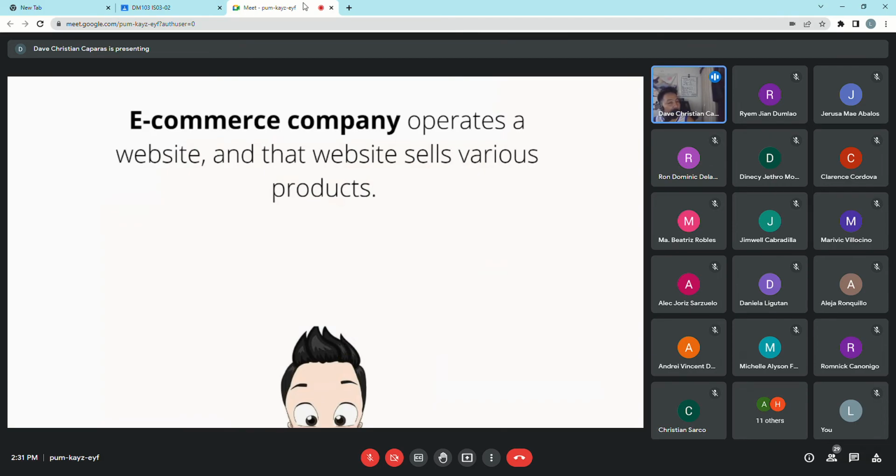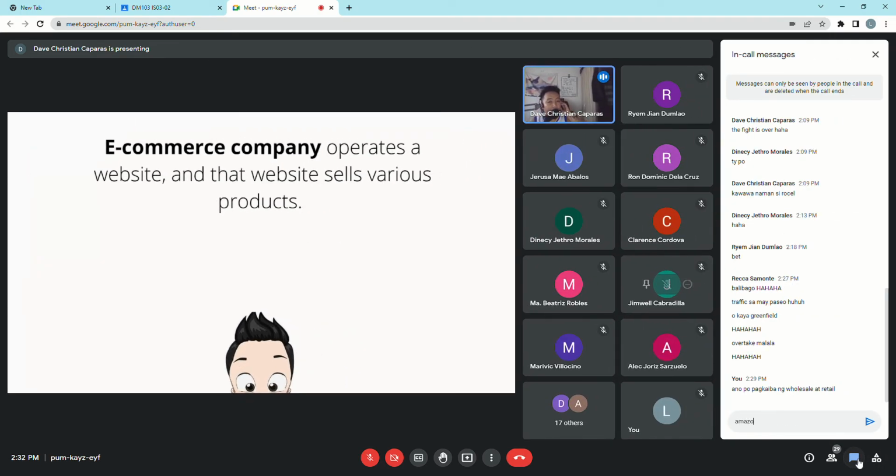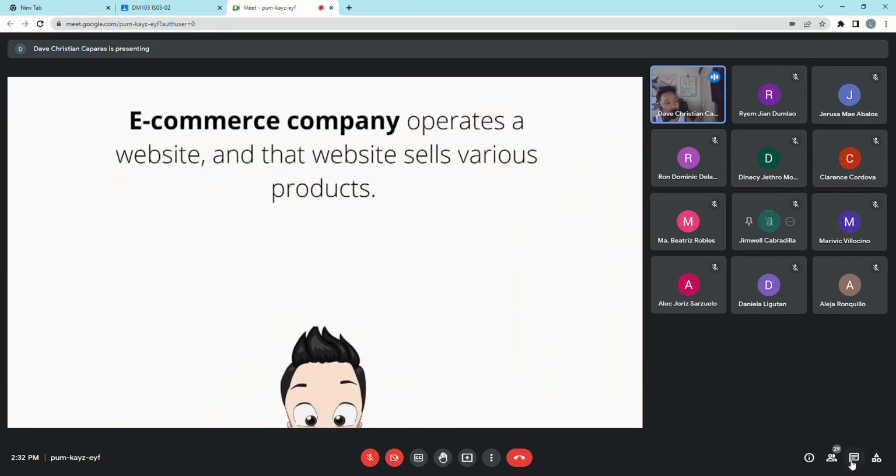Actually, kung tatanungin niyo ako, kailan nag-start ang e-commerce? Nag-start yan noong hindi ko alam, no? Hindi ko talaga alam. Siyempre, yung magsabi ng hindi ako sigurado. Pero one thing is for sure, yung nag-start ang isang pinakamalaking company ngayon, which is an e-commerce company, kailan 1994. Okay? Anong company yon? It's Amazon. So si Amazon, yes, very good.